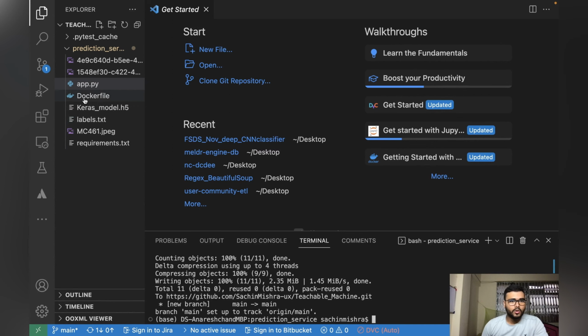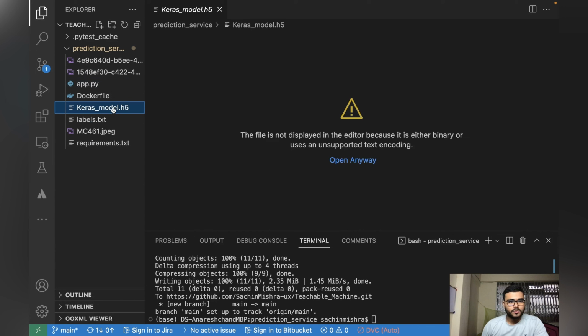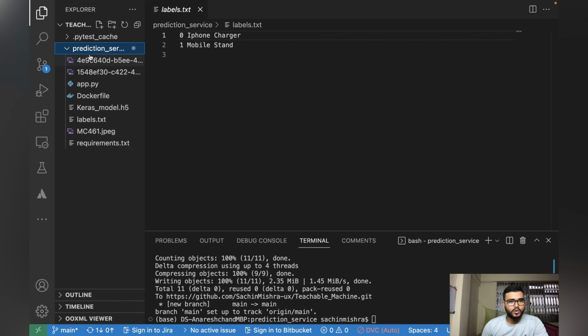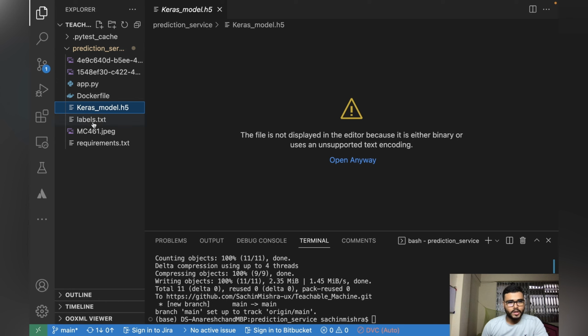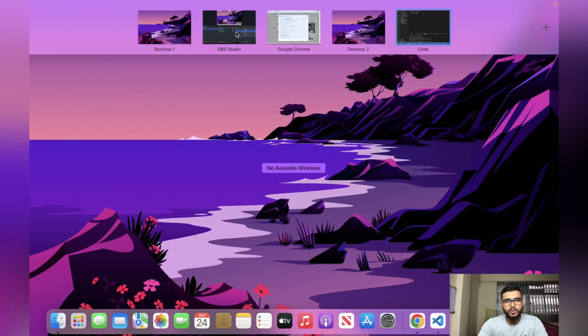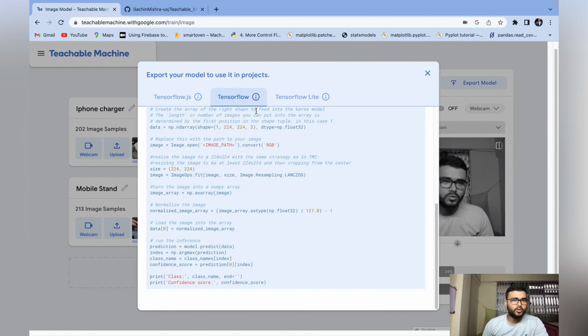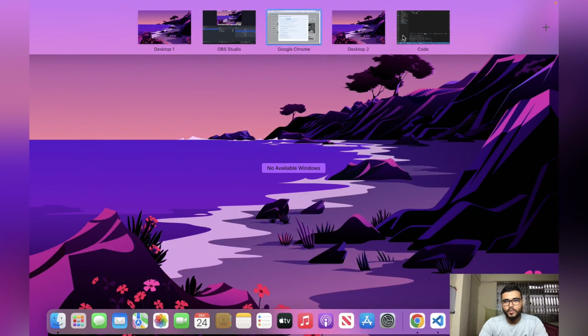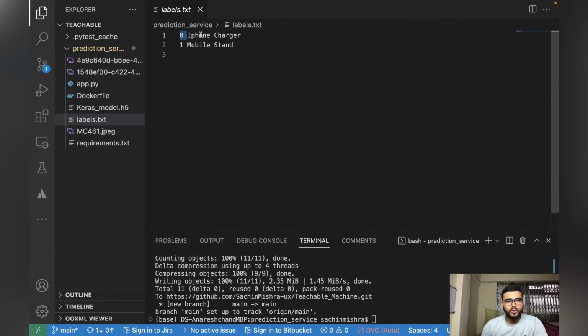Once you have downloaded your particular model, it will basically give you two things. First one is your model, and the second one is your labels.txt. So I have created this particular folder, prediction service, in which I have downloaded my model, which is keras_model.h5, and the labels.txt. And labels are nothing but whatever labels you have given over here, your iPhone charger and mobile stand. So it will give you a txt file. 0 is your iPhone charger and 1 is your mobile stand,